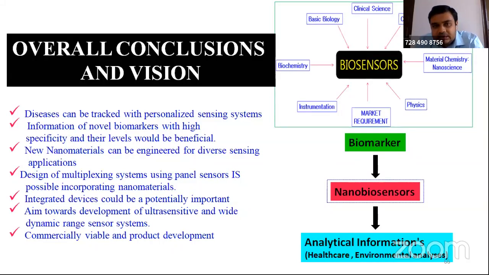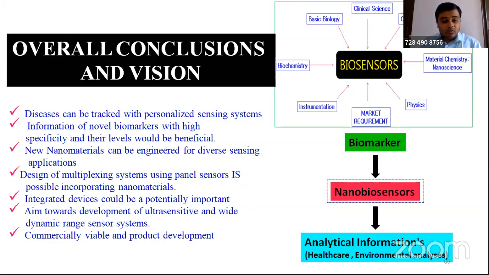So I said in the last slide deliberately 2 to 50, because if the sensor is not able to detect in this range, the sensor has no meaning, because it cannot be deployed for point of care analysis or for clinical examination. So the range where the molecule is present either in the environment or in a real matrix, urine, blood or serum, whatever, is very much important. You have to take that into consideration when you're designing a nano sensor.